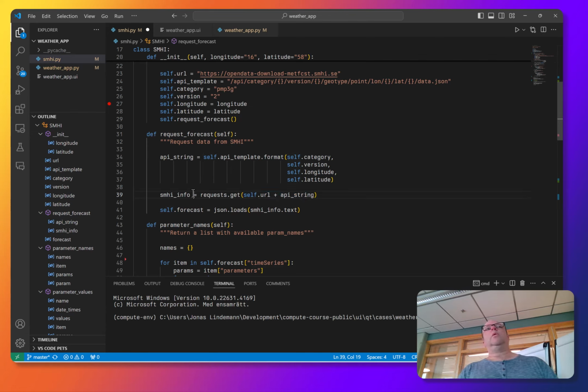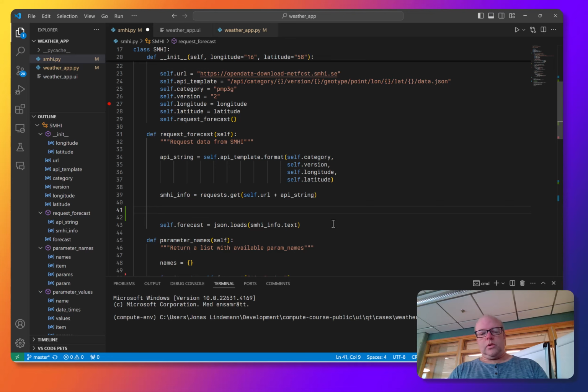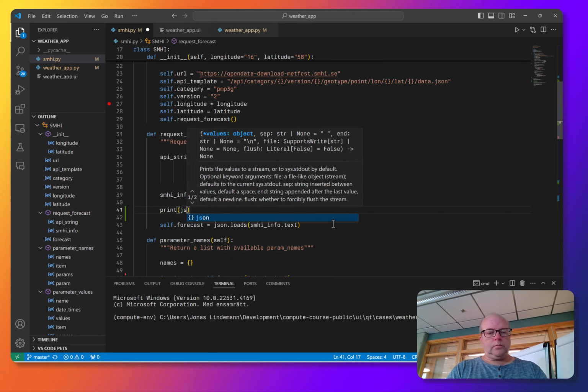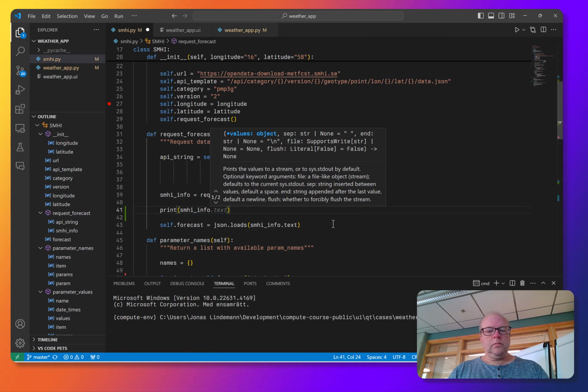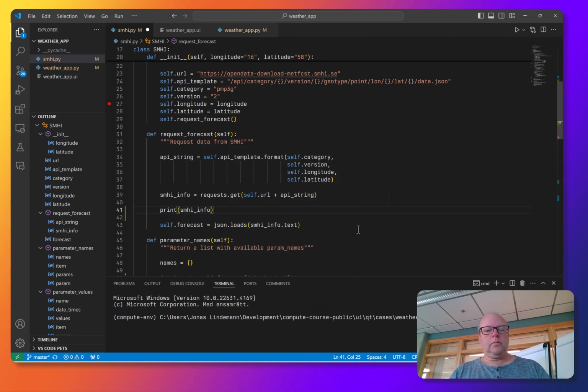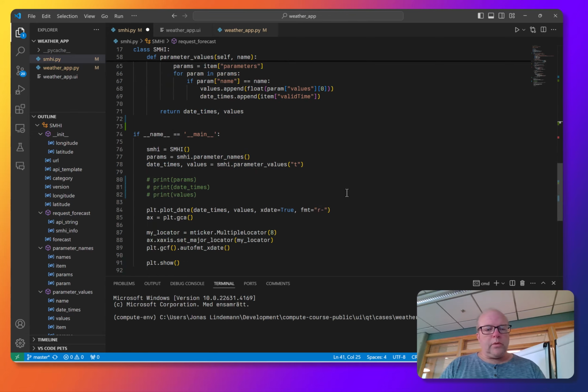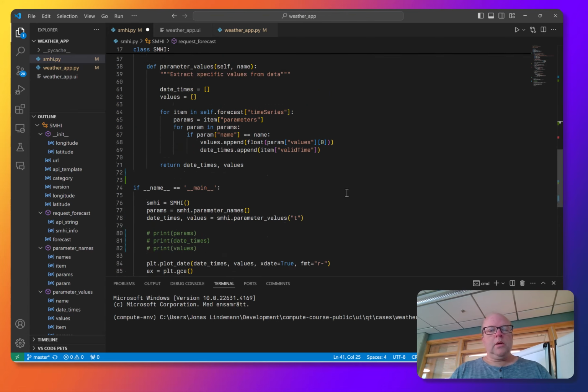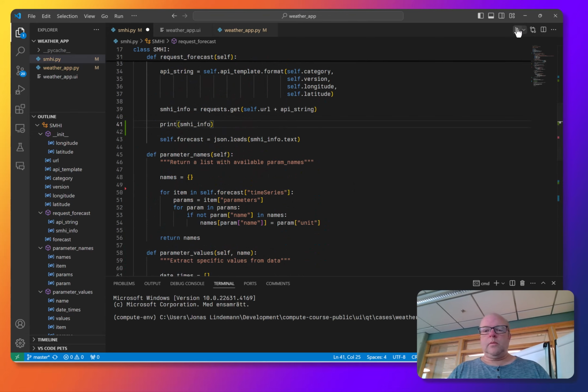And this will return the output from the request from the web page here. And then we need to process it here. So the first thing I will do is I'll just print it out here so that you can see how it looks when we get it back. And I think I have a test here as well, yes. So if we run it here now,